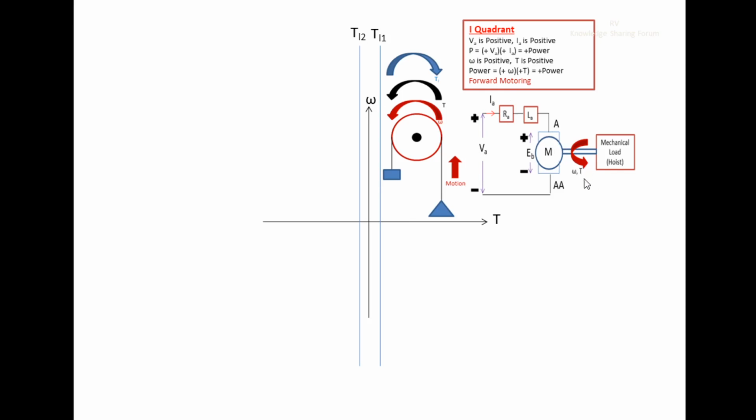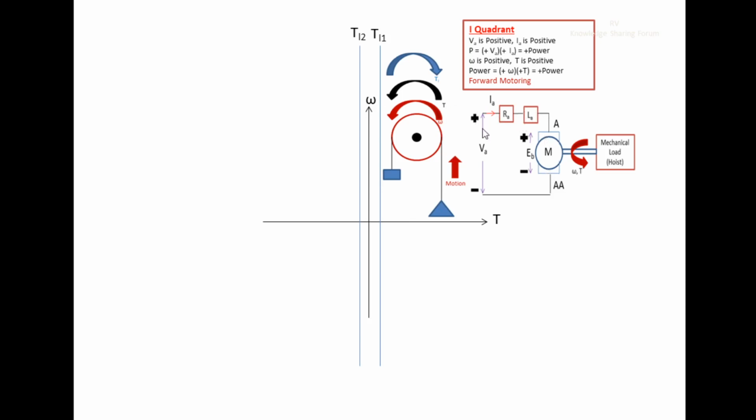Now this torque will move this hoist. See this mechanical load hoist. That means this mechanical load hoist is connected to the shaft of the motor here. So now this mechanical torque will drive this load. That means this hoist, this torque, nothing but which is in the black color, will now move upwards, that means in the counterclockwise direction. So this is how the torque is achieved. The torque is achieved by means of using an electric motor.